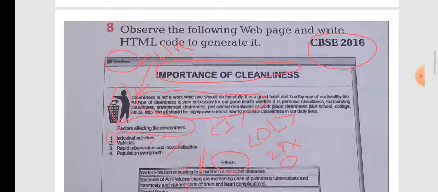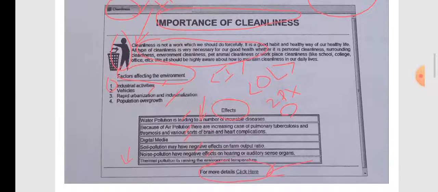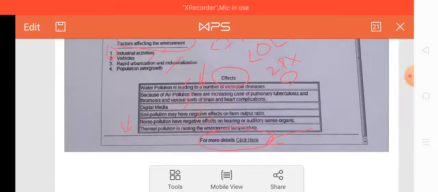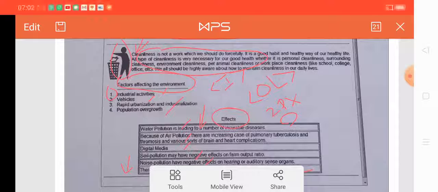If you fail to implement any concept, then marks will be deducted only for that concept or only for that tag. Suppose this question is of 10 marks, then if you fail to implement the image, then the part of the marks related to the image will only be deducted and others will be given. So just try to attempt this type of question and practice on this type of question.